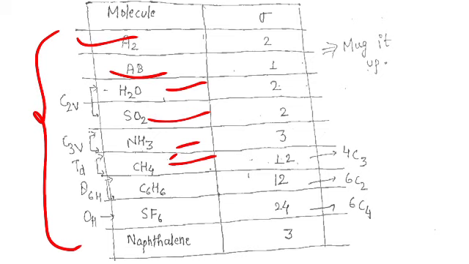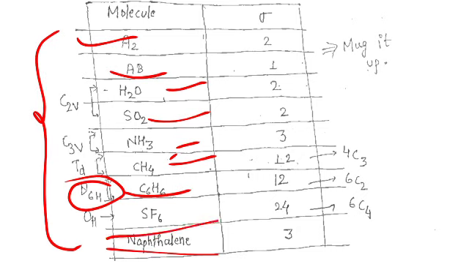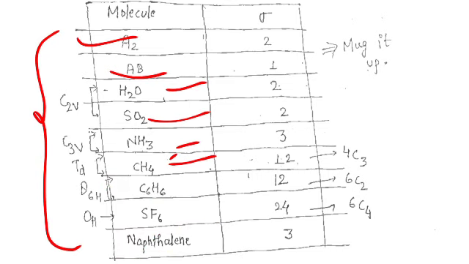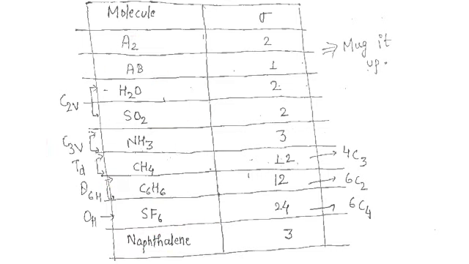Now here we have benzene, which has the D6h point group, or symmetry group. In this molecule we have 6C2 symmetry. When you multiply 6 by 2, you get 12, and that 12 will be your sigma value. So you need not worry about memorizing it. You can easily go with these symmetry points, and for SF6 and naphthalene, you just have to memorize that its value is 3. Otherwise all the values you can easily memorize.